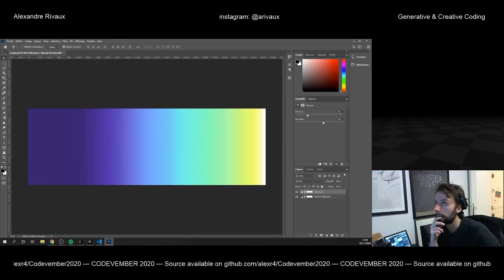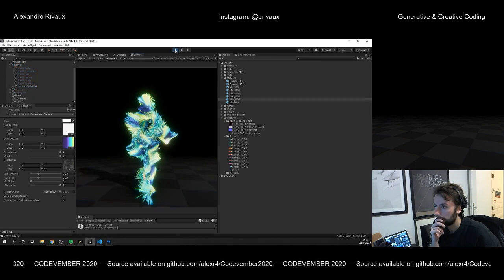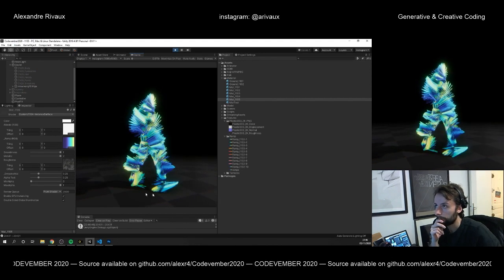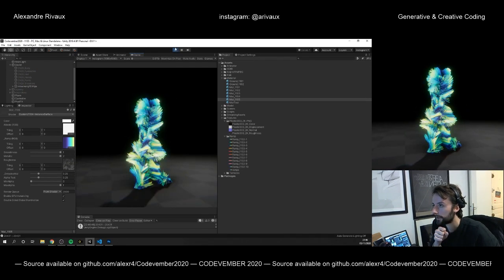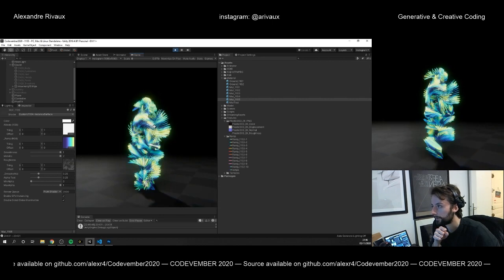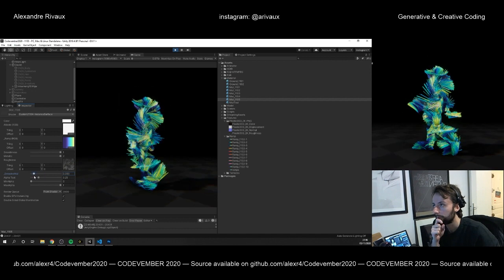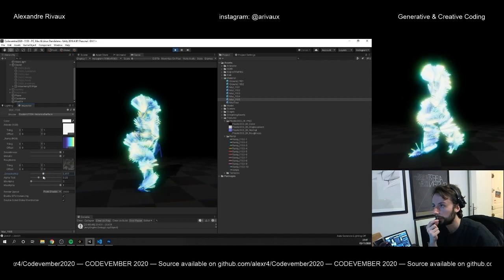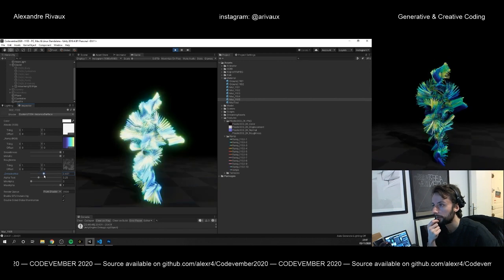Okay, and last, this is not the color that I wanted. I can also try to change this multiplier a little bit because it's applied on everything, so as you can see